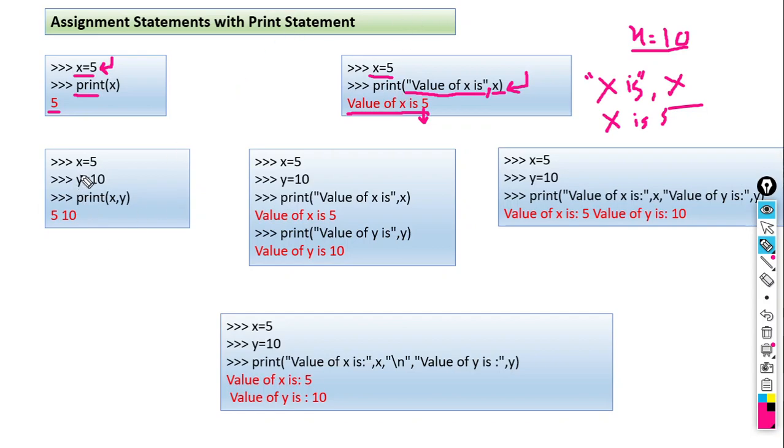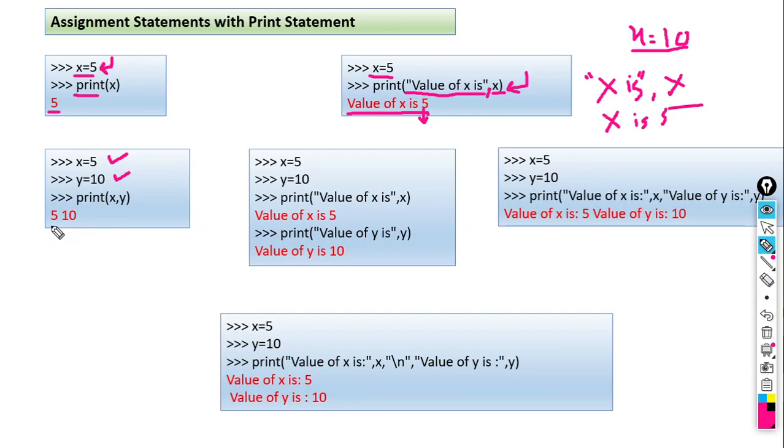Next, when we have two variables, look here, how can we declare and store them? The values 5 and 10 are there. Here x is equal to 5, the first assignment statement. y is equal to 10, the next assignment statement. And how can we print it? Print x comma y. So two variables we can print in a single line, or we can use two print statements: print x, and then on the next line print y.